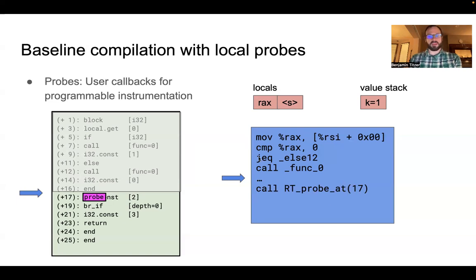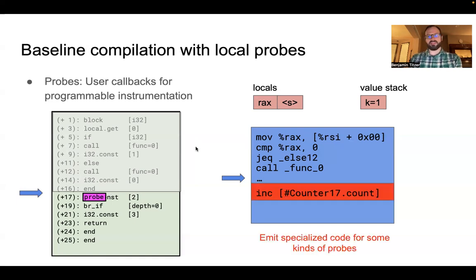call the runtime. For certain kinds of probes, though, we may not want to call the runtime just to do an increment of a counter. So some kinds of specialized probes are known to the compiler and it will generate effectively intrinsic code. So in this case, if we had just had a counter, which is actually extremely common for an instrumentation task, we can just emit the 2 instructions or 1 instruction necessary to implement the counter.